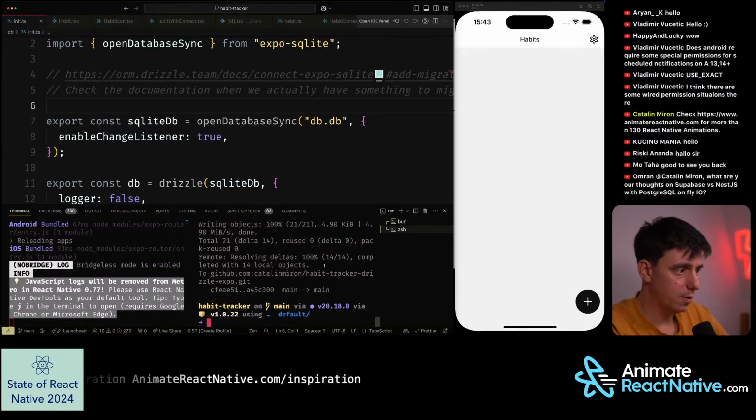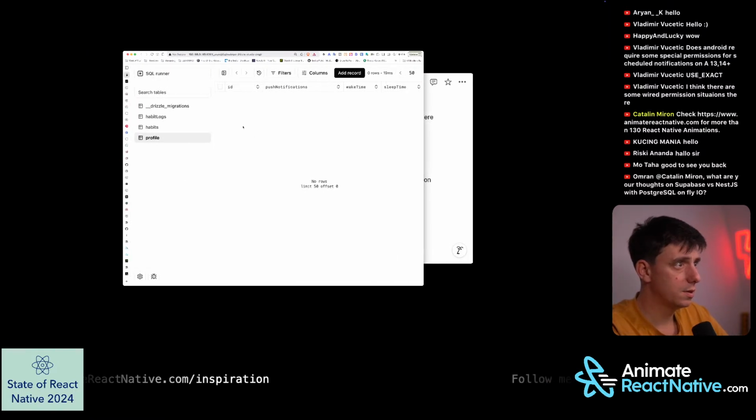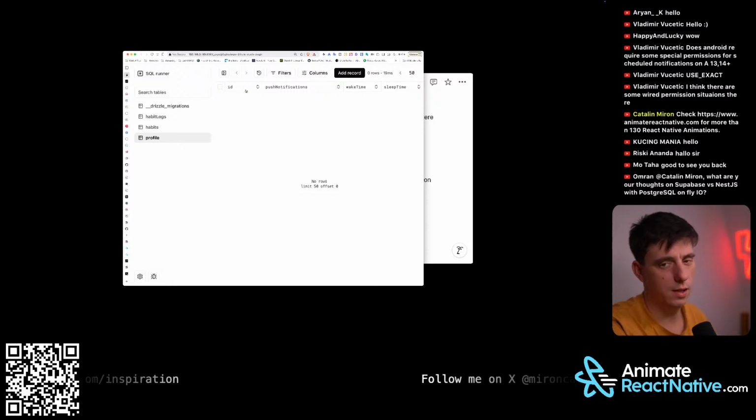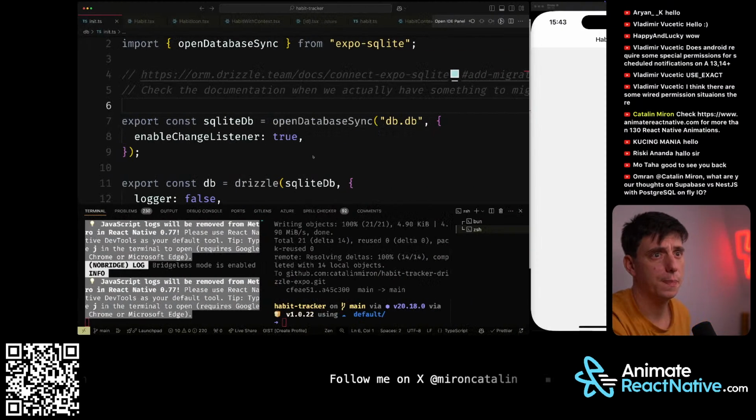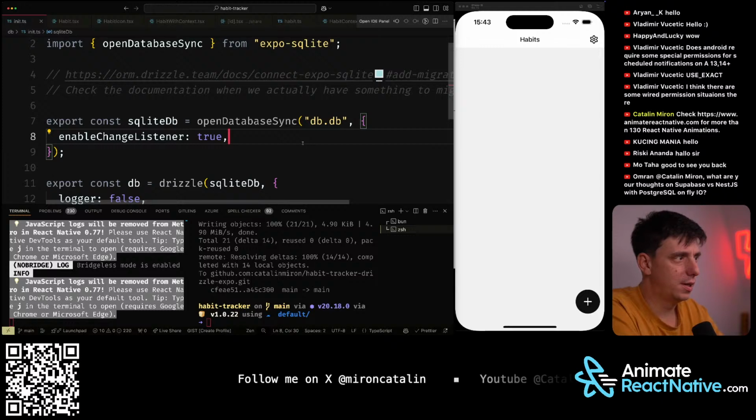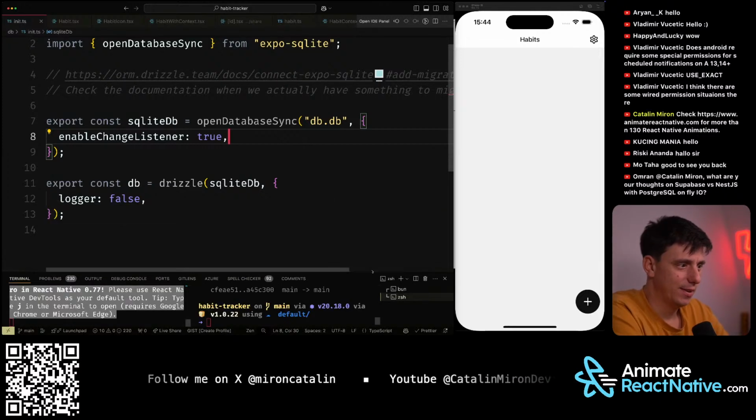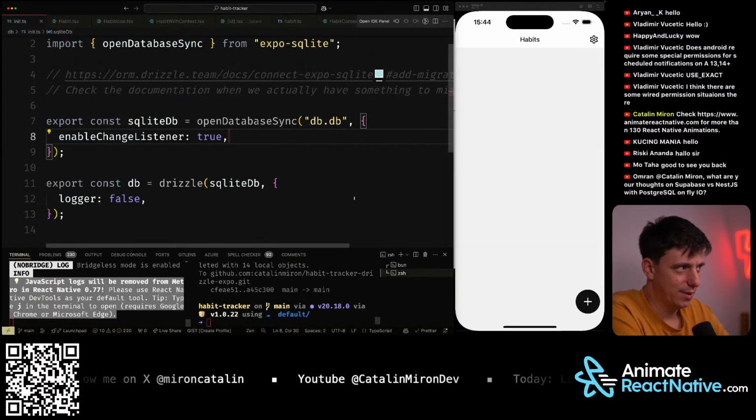So now if I run it again, is this okay? So now I have the ID. So it was locked for some reason. Now I believe the thing that I was doing was working anyway, but